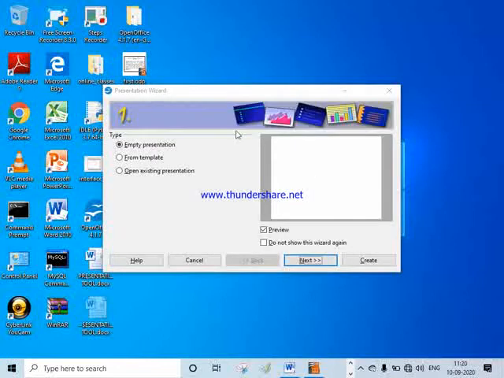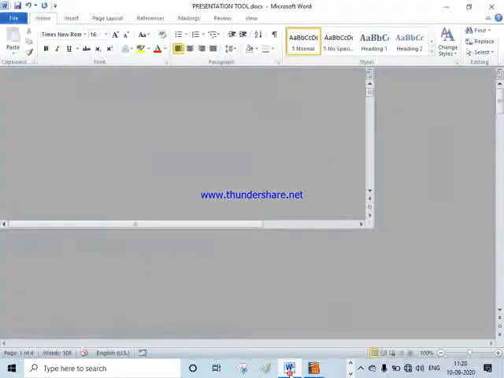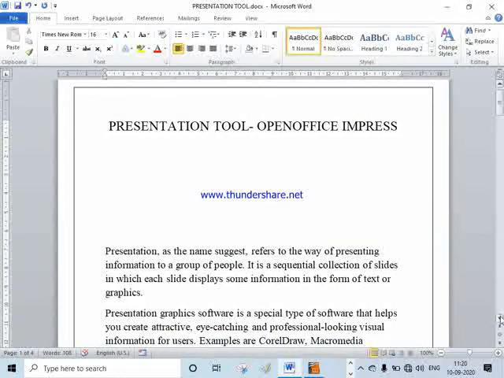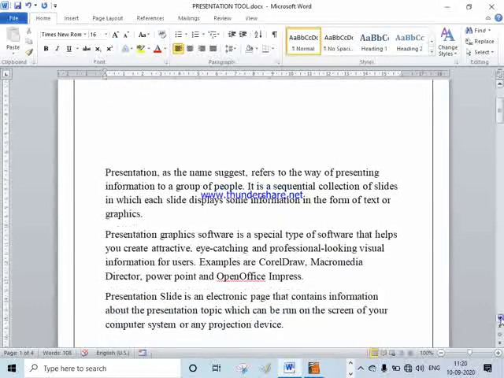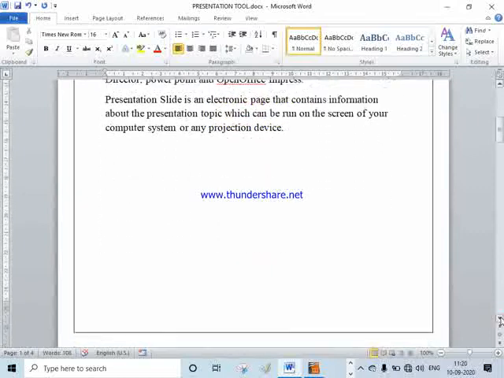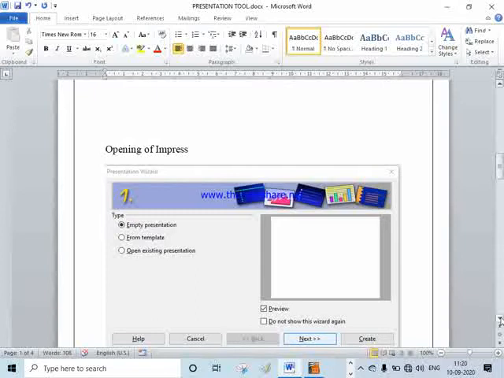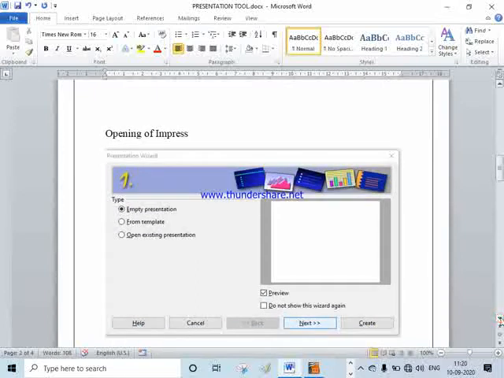Okay, this is your first screen when you open OpenOffice Impress. See, this is the opening of Impress, your first screen.